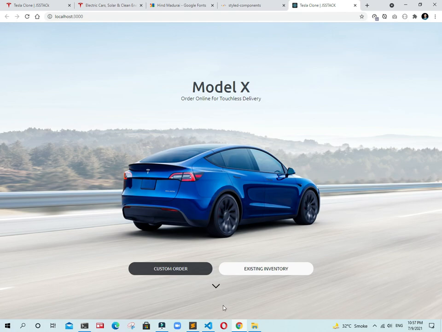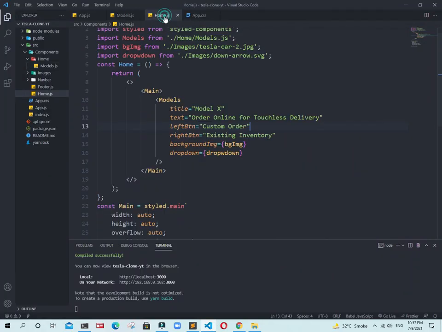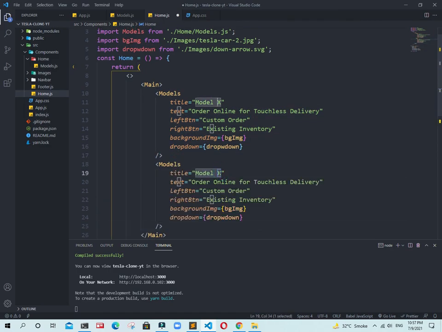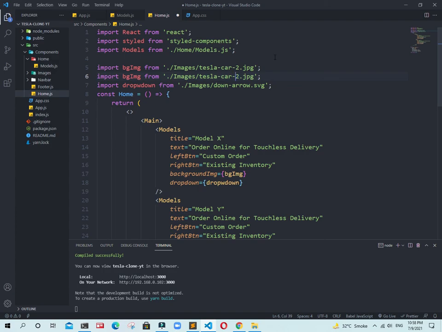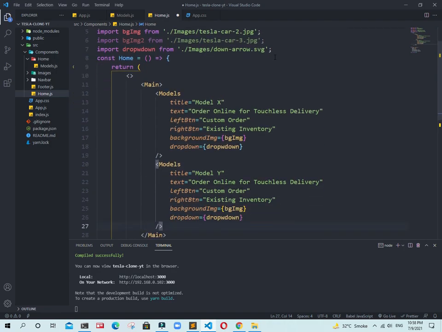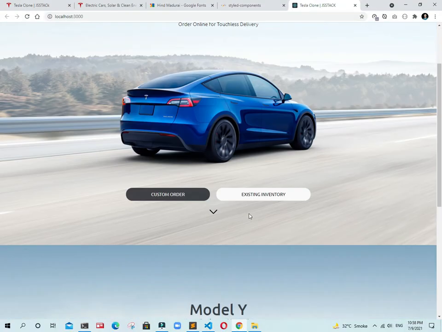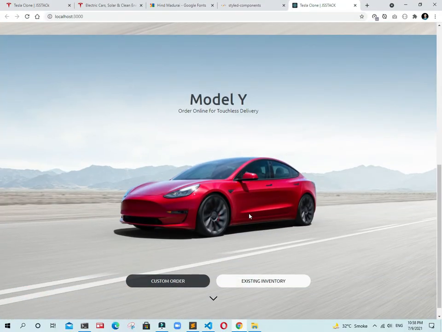If I go back to VS Code, now in the home.js I simply copy this model one time. Again I just type there model Y, and the tagline is also the same, this one also the same, and this image selector will be the same, but this time the image path is going to be different, like 3. And this background image will be 2. Now just add the background image 2. Save changes, go back, and boom guys, we have an awesome section. Guys, how cool is that? We are working in pure JavaScript guys, it's really cool.